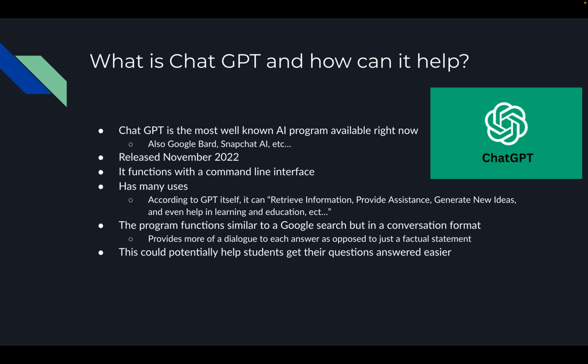So what is ChatGPT? I know I've brought it up before, but ChatGPT is probably the most well-known available AI program right now. Anyone can get on it. You can just look up ChatGPT and get on their website. You do have to make an account, but it's super easy, and once you make one, you have unlimited access to it. But there are also other ones that exist. There's Google Bard. That one came out a couple months ago. They did a little soft launch for it, but then they opened it up, and now anyone can use it. And then Snapchat AI has one that's also really popular. For any user with Snapchat, it's automatically at the top, and you can always talk to it and ask it questions.